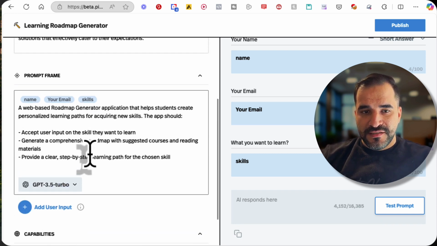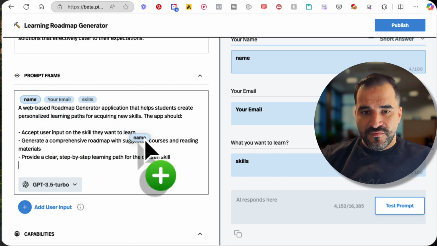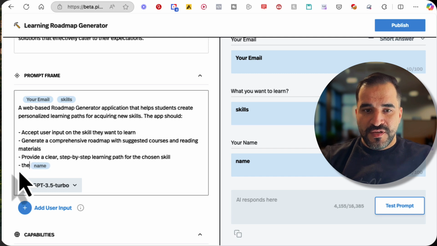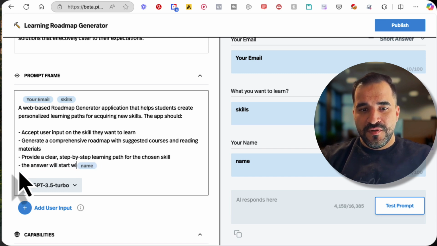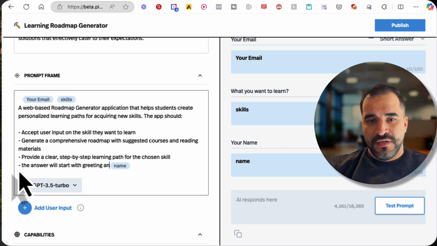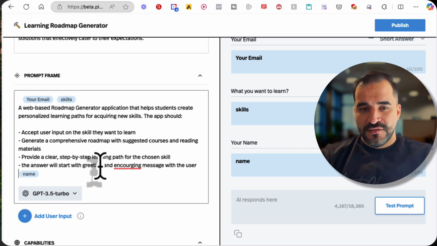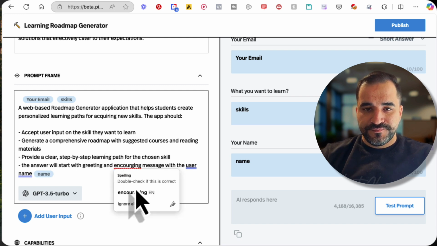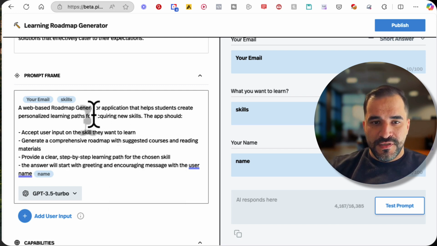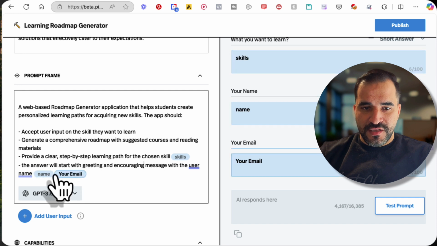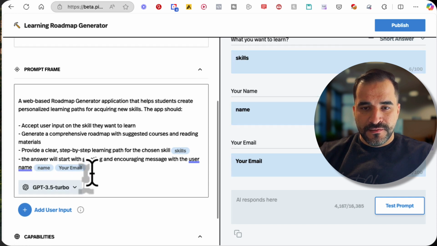Now, these are the things that we are looking for, and we need to move this. Now, this will be one of the prompts. So the answer will start with a greeting and encouraging messages with the user name. Okay. Now, here is the skill. And the email is not something we are going to use, but we will need it to collect student data. Okay,